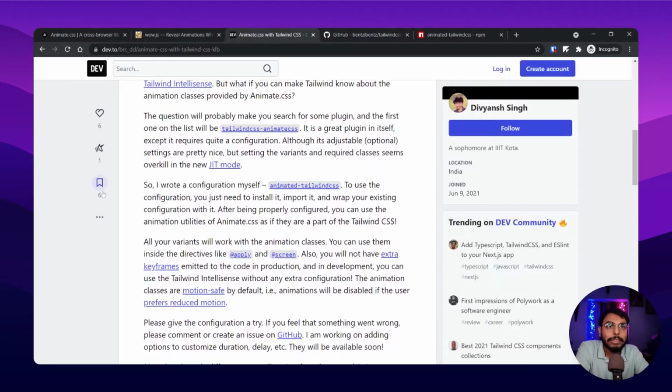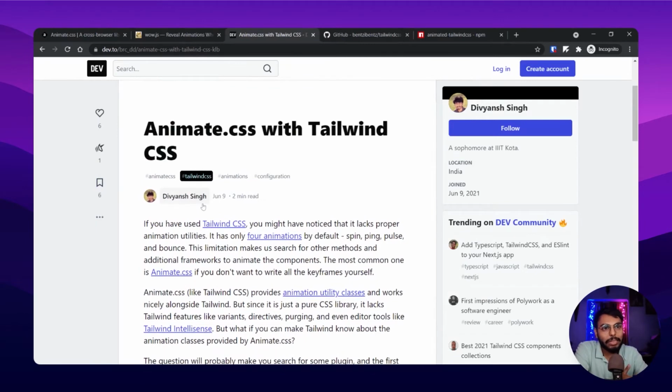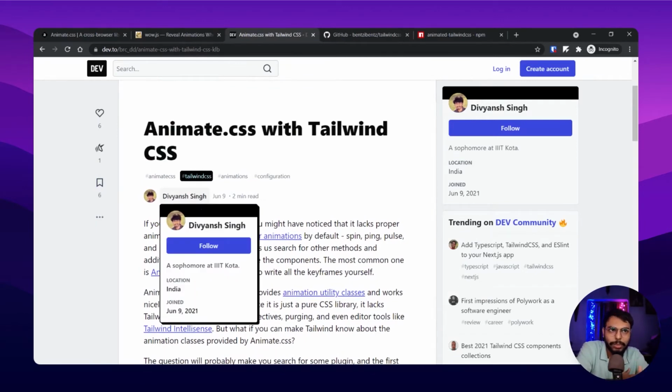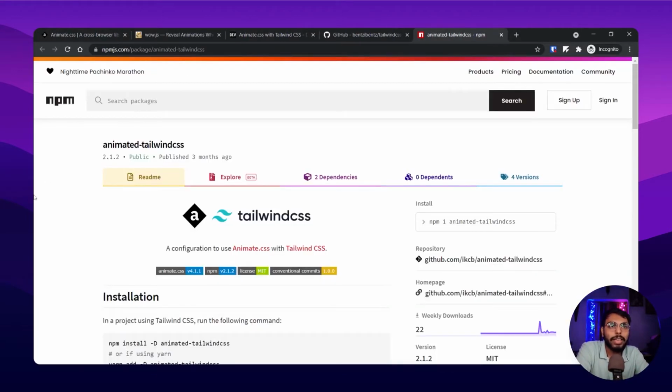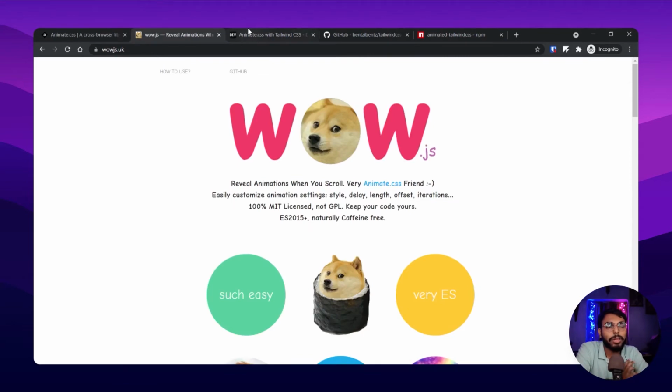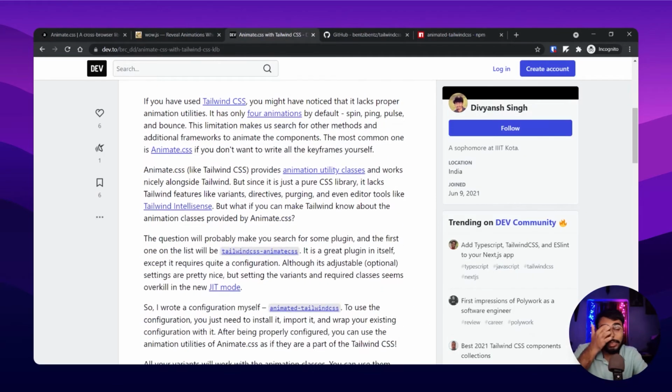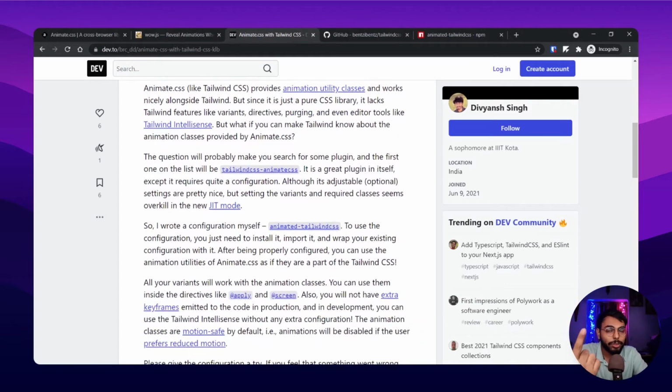But Divyan has made another plugin for the same thing, animate CSS for Tailwind. If you want to use his npm package, you first have to apply the JIT mode. You can understand why he made this plugin in the first place, because of the new introduction of JIT mode and all.